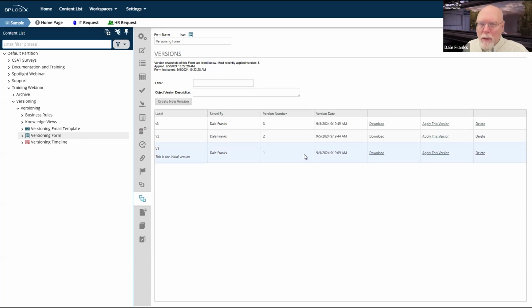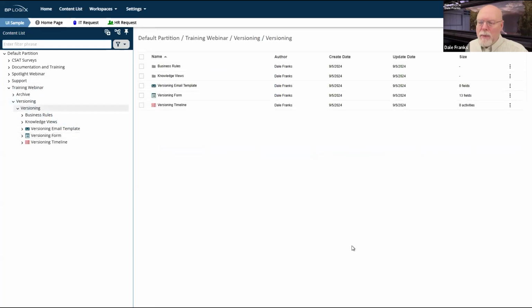It's also probably not the best idea, because a change to the form or a change to the process timeline is really a change to the entire application. So your best practice to version is not to version at the individual form level. Irrespective of how many changes you might make or how many versions you need to generate, the best thing to do would be to go to the parent folder that contains your application.